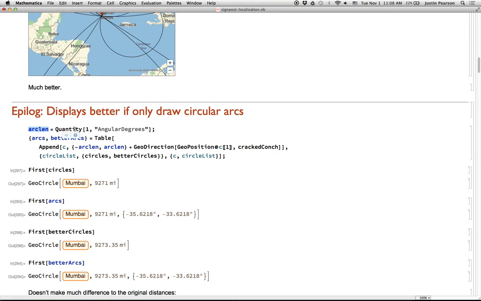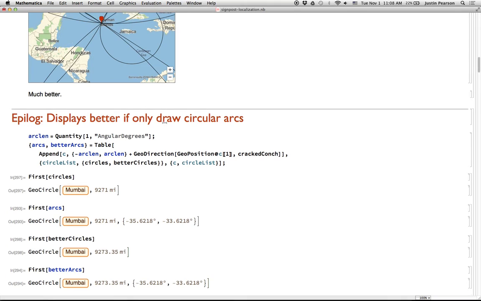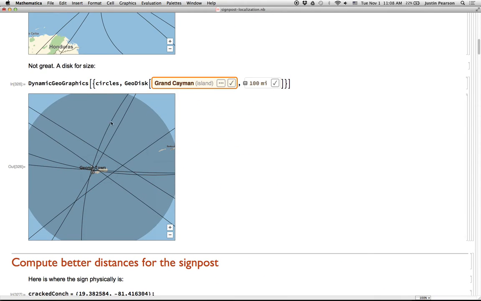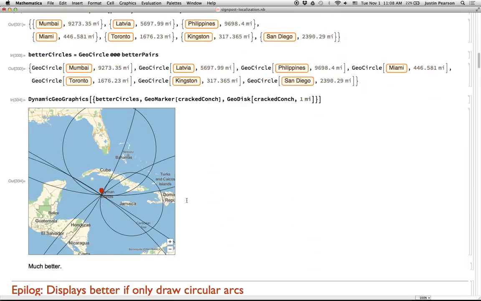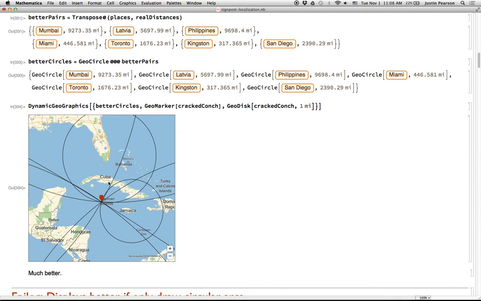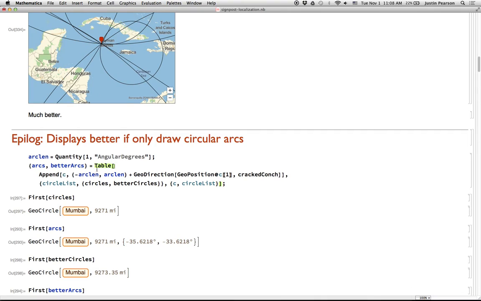The arc length will be maybe 1 angular degree, and we'll update, instead of drawing, we'll update both our original circles and also our better circles. These are our better circles that we computed from before. So we're going to make some arcs and some better arcs based on the list of circles and the list of better circles. And the way that that's going to work is we will just append,